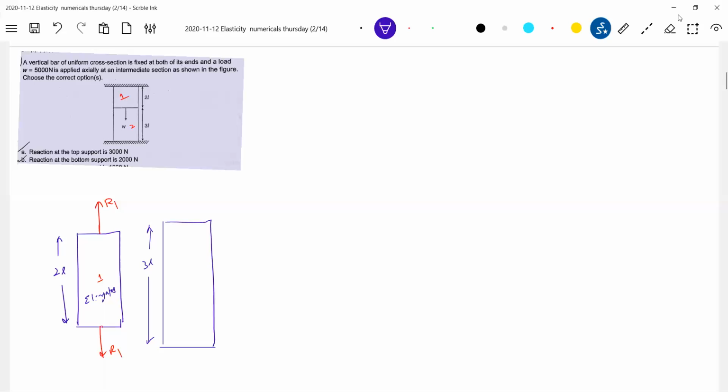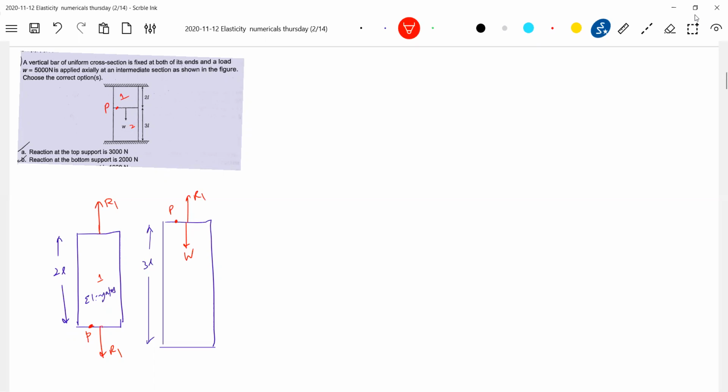Now, here the weight W, I'll show it here. Now, how to show R1? There's a point A, not A, some P you write it. I'll put some reference point, it'll be easy for you. There's a point P. Now this section 2 will try to move down. Section 1 should oppose, so the force should be in this direction.